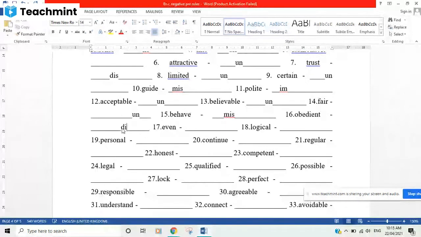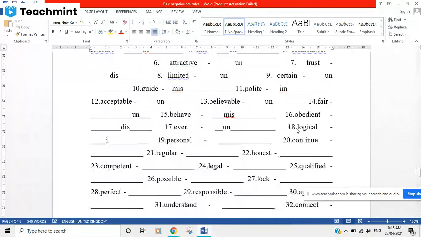Then conscious, yes, conscious, unconscious. Yes, then patient, yes, patient, impatient. Then cover, yes. Which negative prefix will you use here to make it negative? Cover,